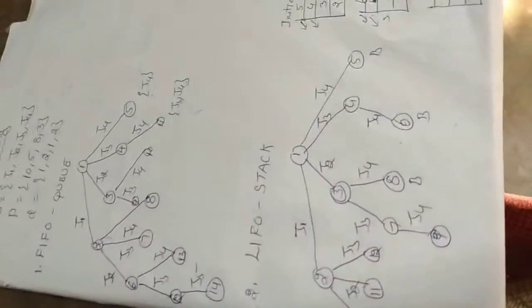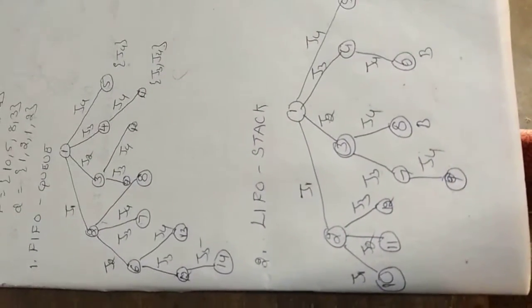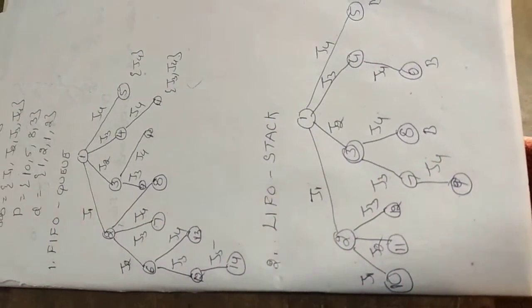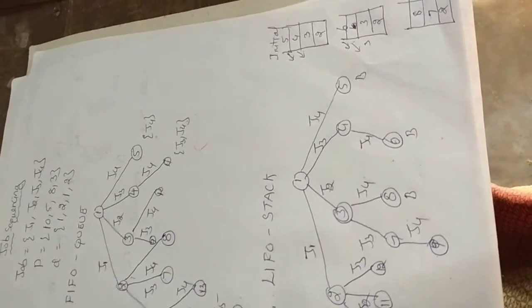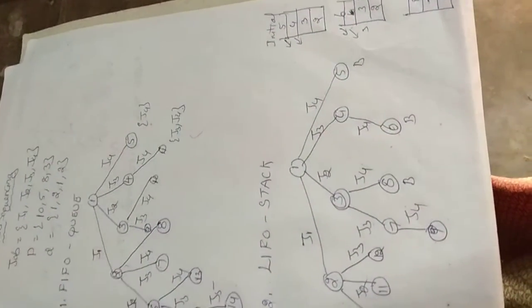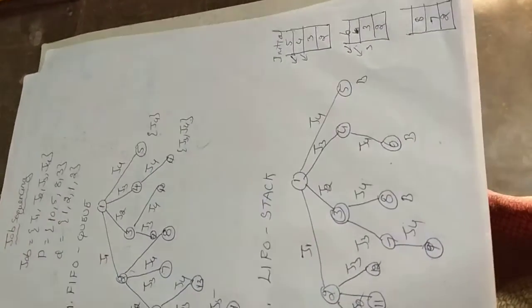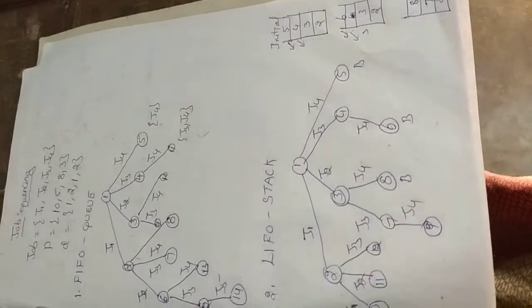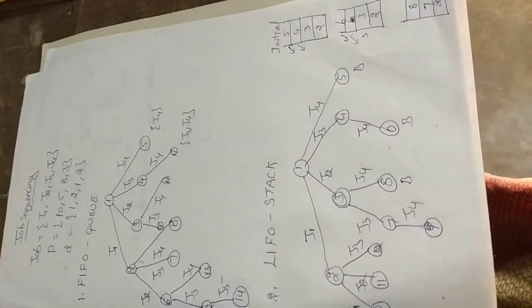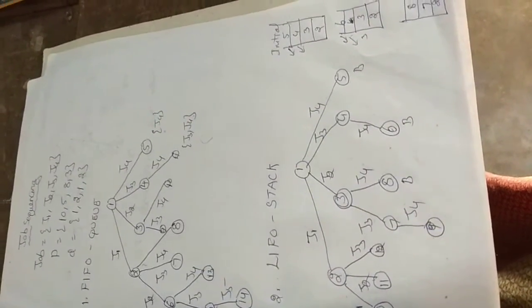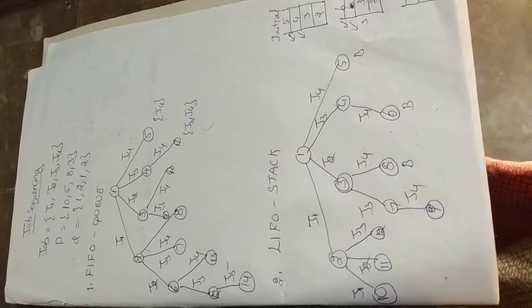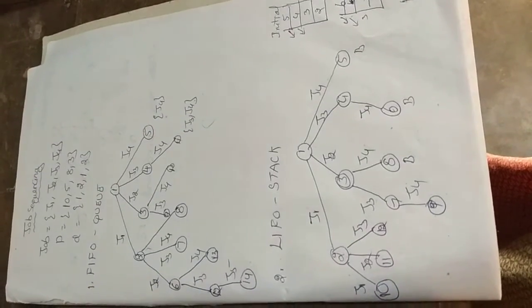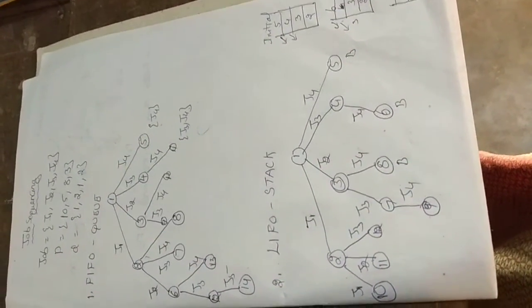Now coming to the last in first out stack. As usual, we start with either J1 or J2 or J3 or J4. Now nodes 2, 3, 4 and 5 will be added to the stack. The next node to be explored, instead of starting from the first, will be the last one that was added to the stack, which is 5. Now 5 is going to be explored. Since we have already included job 4, we are not going to include it again, so a bounding condition is applied. Therefore we go to the next element, 4, and after including job J3, we only have the chance of including J4. So node 6 is explored.